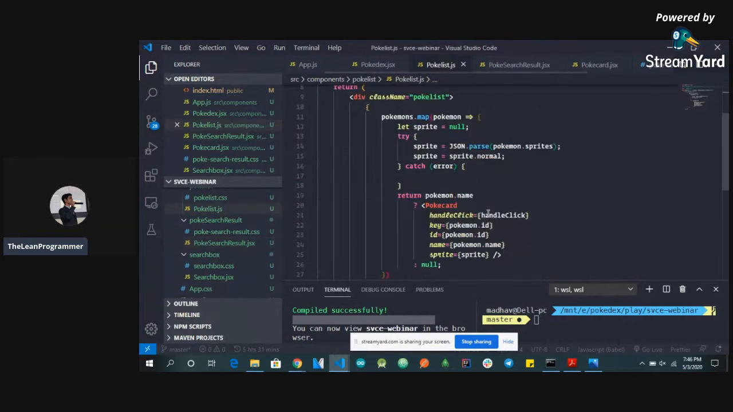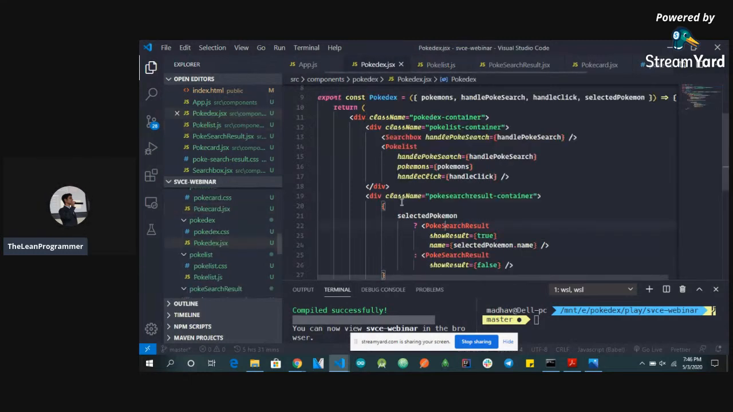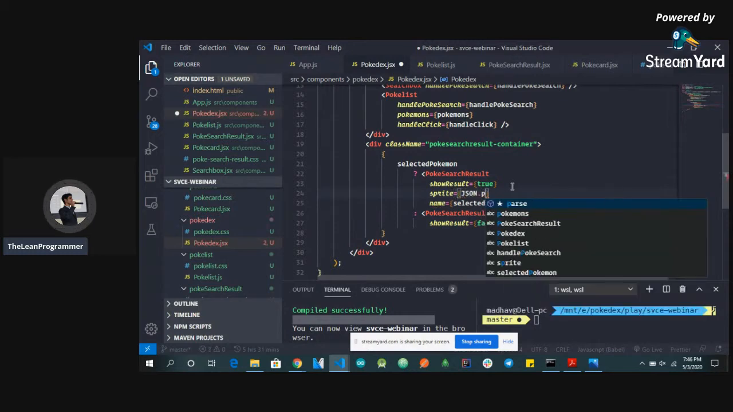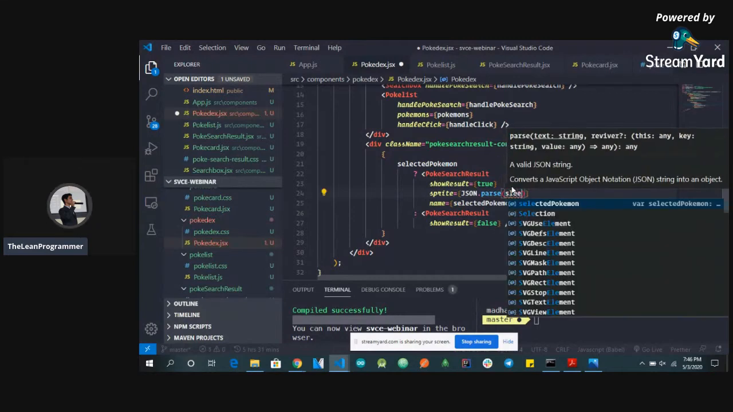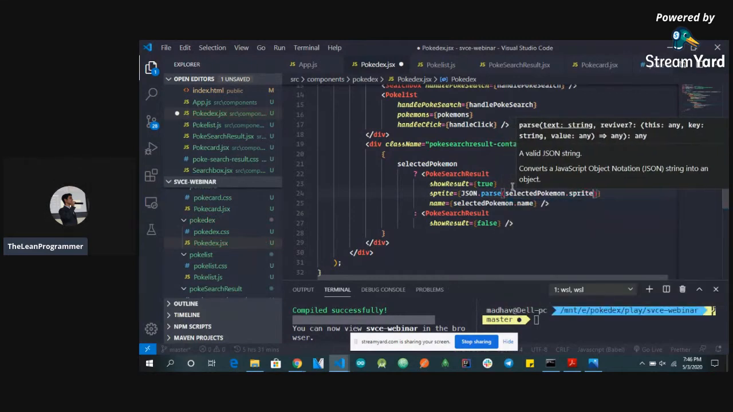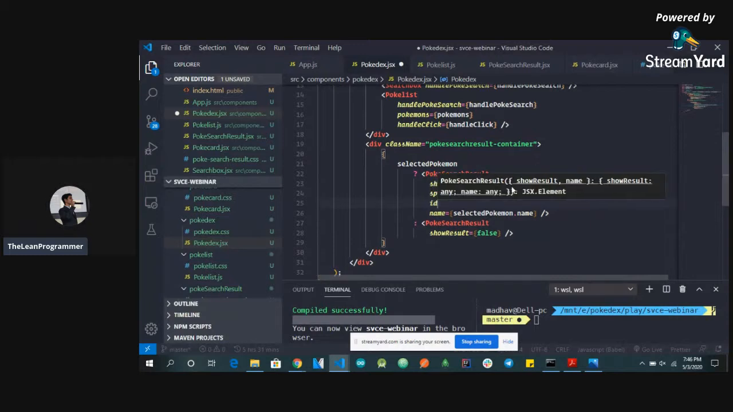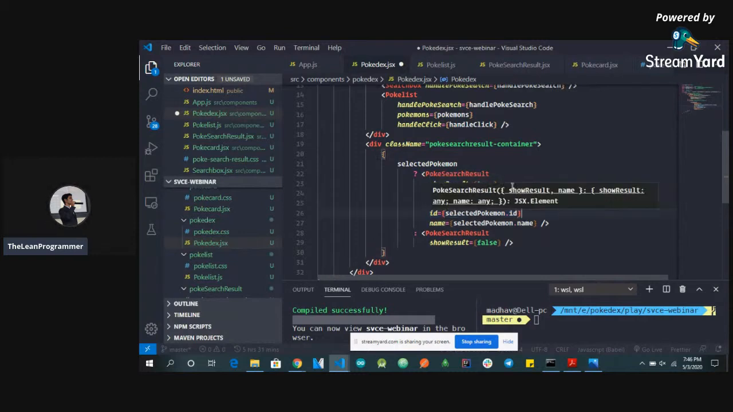So going back to the Poke search result, which was being used in the Pokédex. In the Pokédex, I will just go through the sprite equal to, I will use json.parse, and inside this I will use selected Pokemon.sprites, and inside that sprites I will use the animated sprite. So this, and let's take in a few more values like id, selected Pokemon.id, and similarly we can have height,